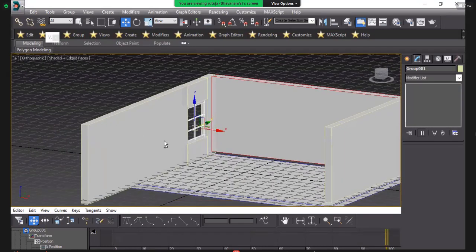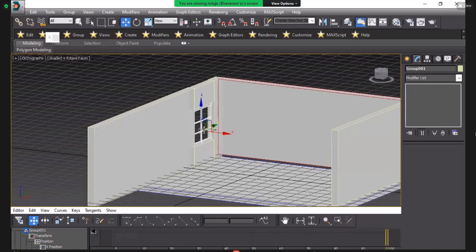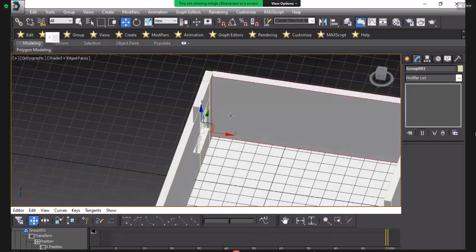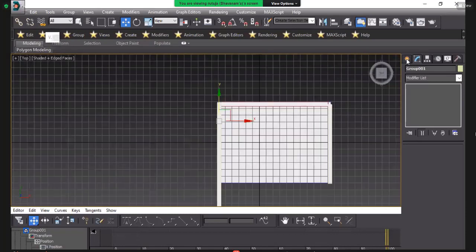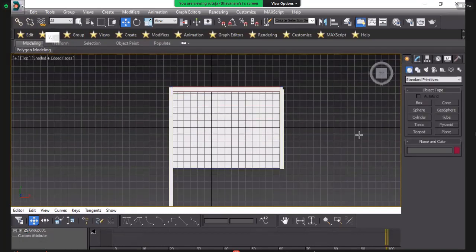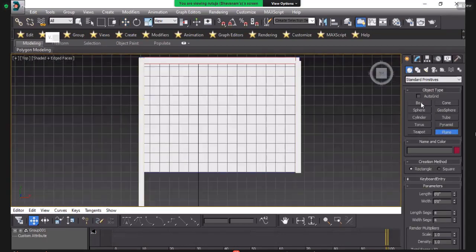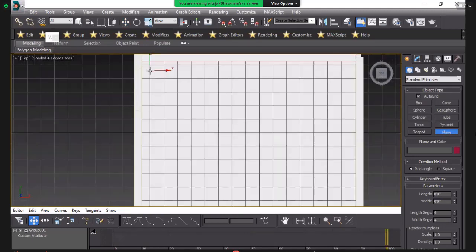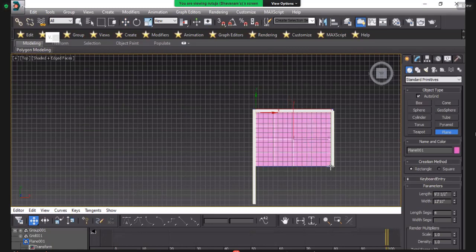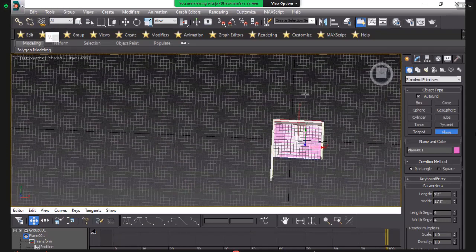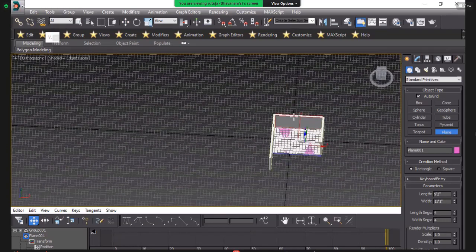So next thing, what we can do here, go to top, press T and Z. So now you can set a plane as a floor. Go into geometry, use standard primitives, and there is a plane, what you want. Take exactly auto grid, so that you get exactly the point which you have. Take it like that and move it. It will be placed as a floor.